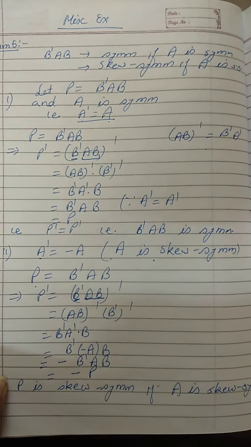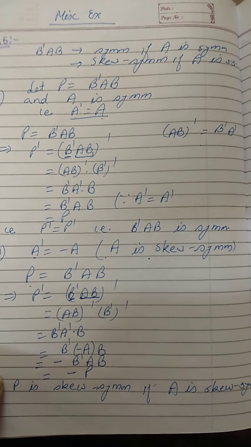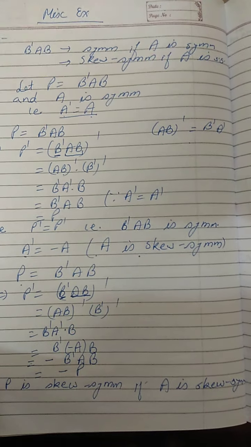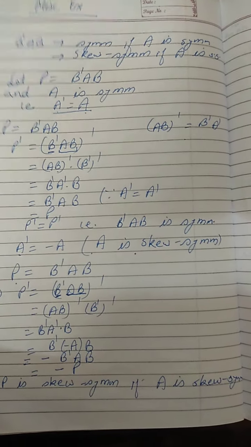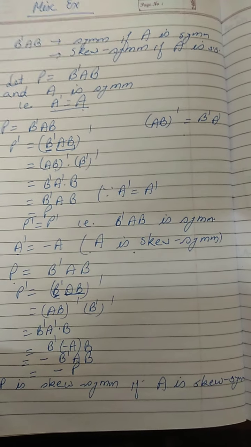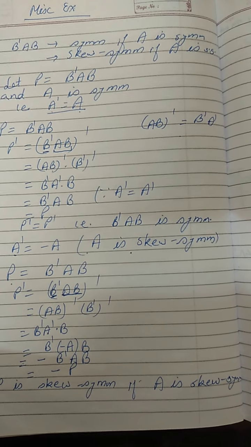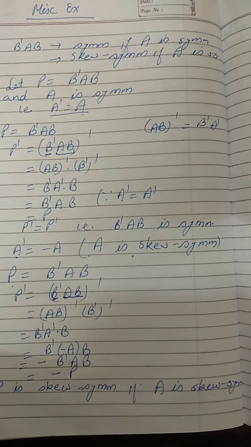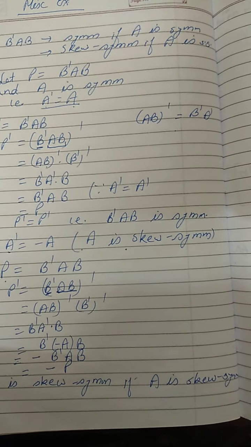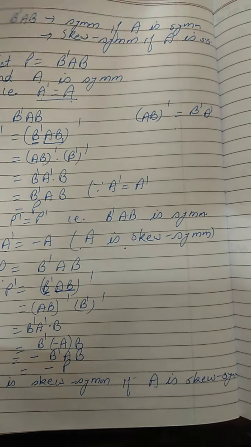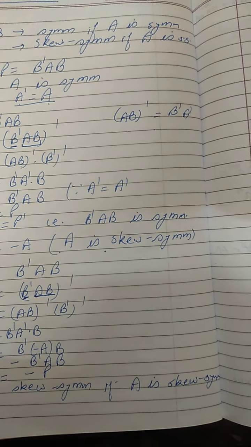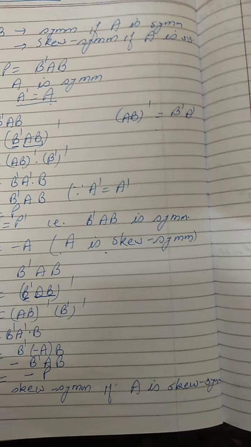Sum number 4 also same. It is given if A and B are symmetric matrices. So we will take A transpose equal to A and B transpose equal to B. And then we will prove that AB minus BA is skew symmetric. So when you take AB minus BA, let it be P or Q, and then we take the transpose, we will apply the properties of transpose only, and you will find it is coming equal to negative of P, which means AB minus BA is skew symmetric. So I hope you can do sum number 4, 5, sum number 6, 7, 8, 9 already done. Sum number 10 also you can do, right?